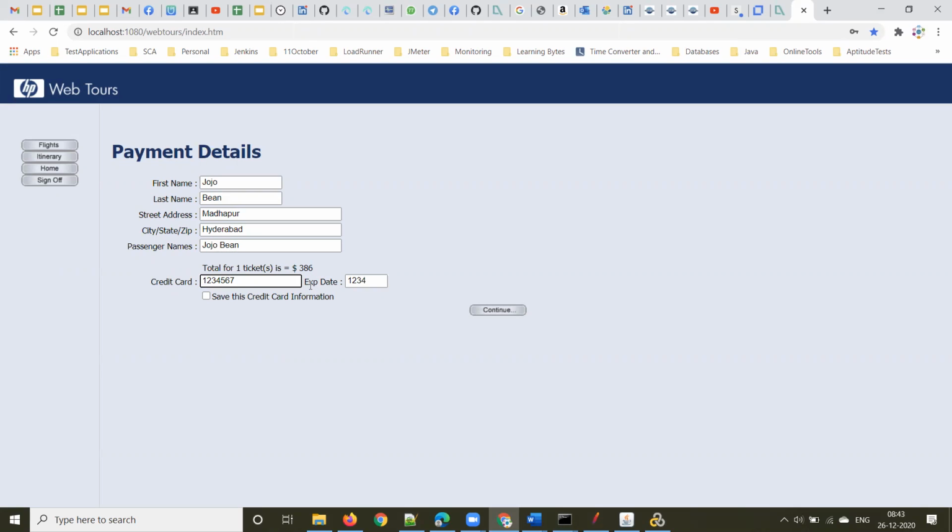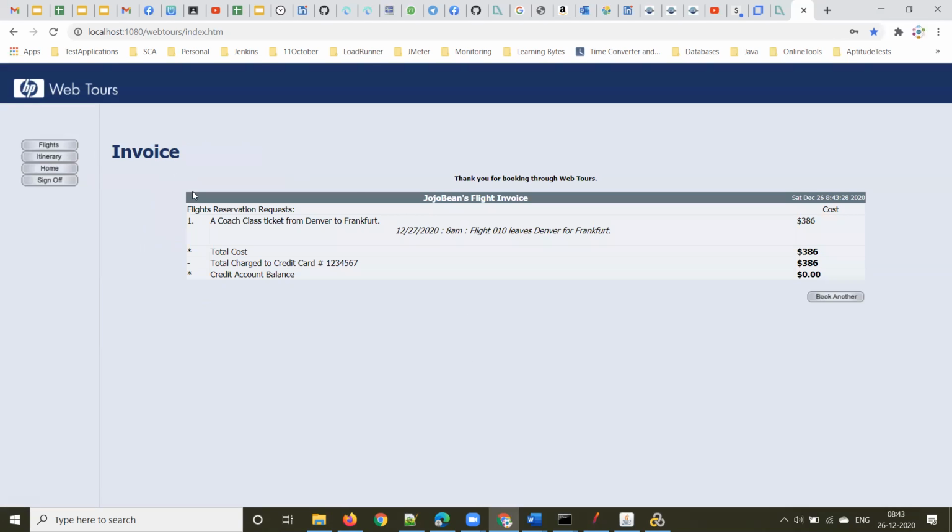It won't look for a minimum of 15 or 16 digits, or for any valid expiry date as well, right? But you need to enter some credit card number and expiry date, and click continue. Once you click on enter the payment details, it will display a confirmation message like this,